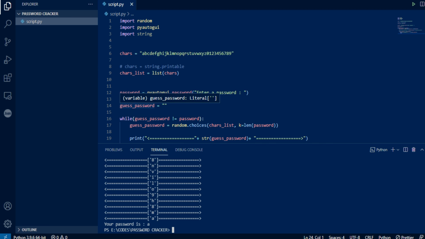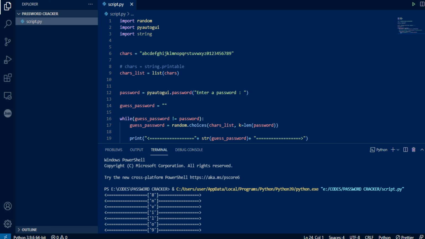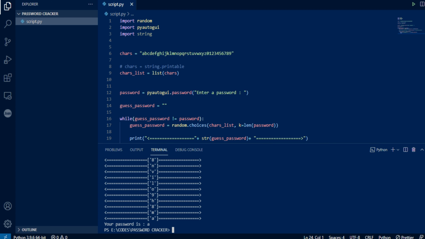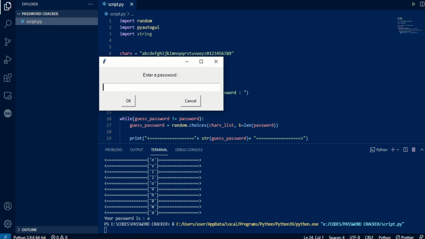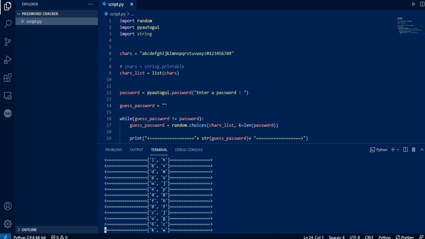See, like I told you, it first tries with a numerical, then again an alphabet. It's just one place, so it should be either an alphabet or a numerical, and it keeps on trying randomly, and I get A. Great, your password is A. I'll run this again. I'll give AB, and give an OK. This takes a longer time. I get AB. Here it tried alphabets and numericals in combination. In this way I get AB as my password.